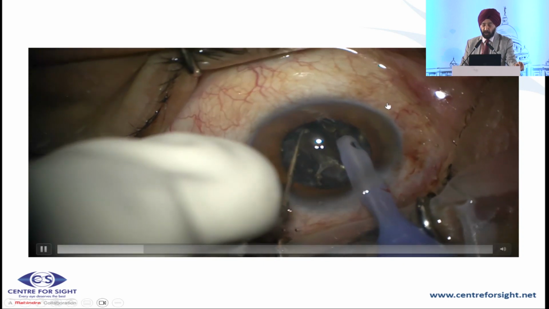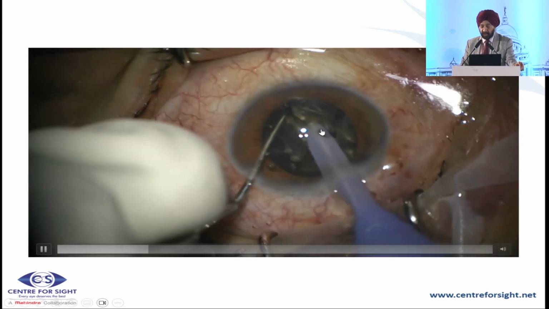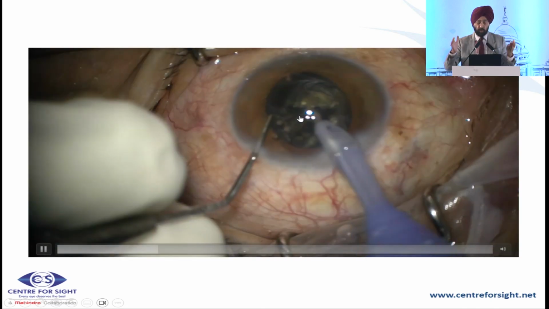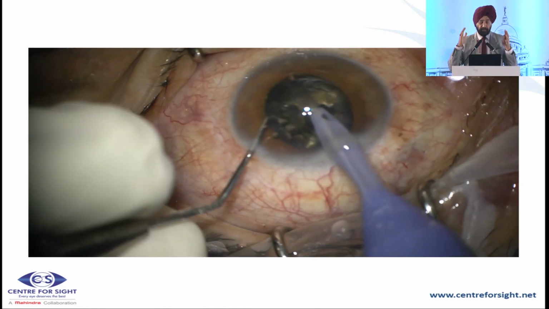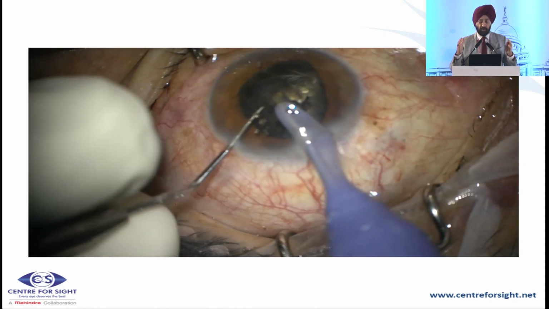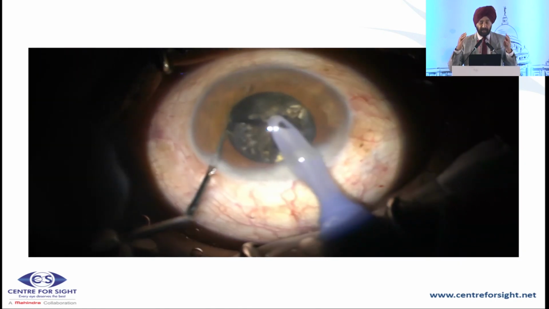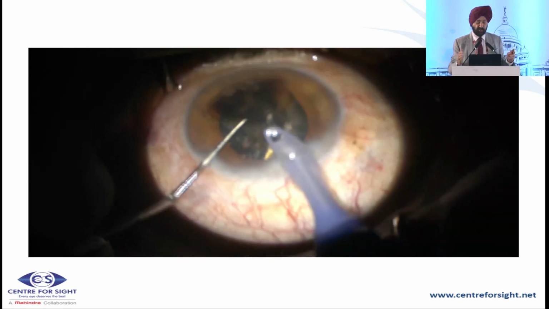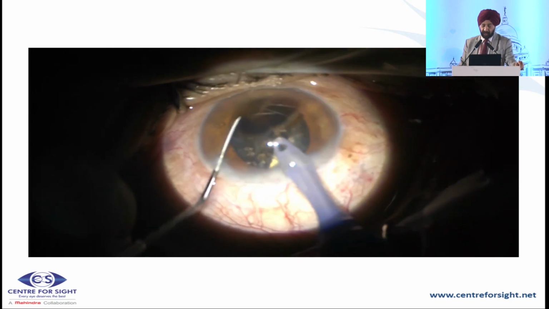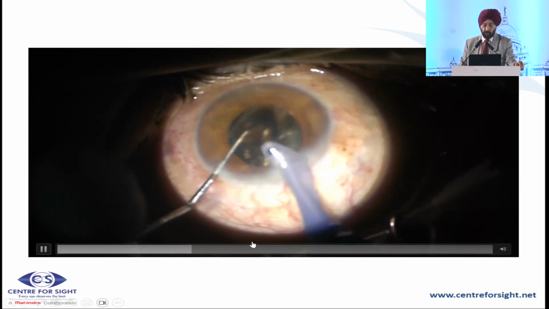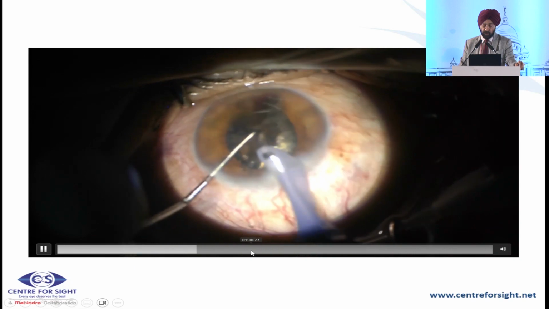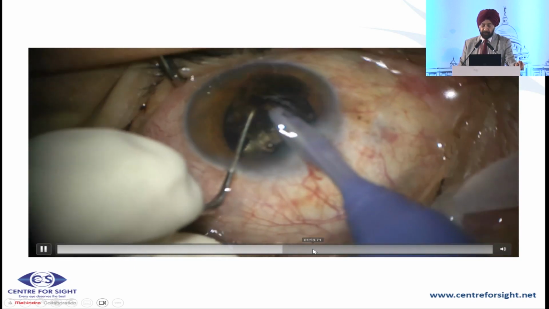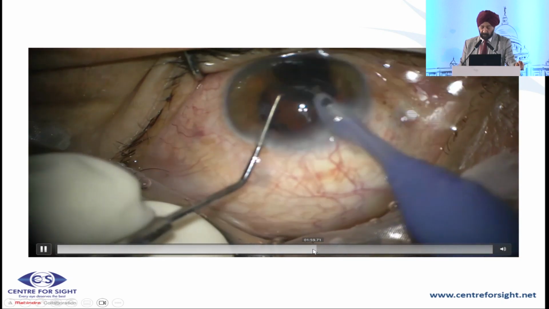And again, what I am trying to show is this disenclavation at the center. What is important is a rock solid hold. The tip of the phaco has to be less beveled. That means that you can do a 0-degree tip or a 15-degree tip. That's what I use. Look at how black the cataract is, and because of the use of femto, we have been able to reduce the phaco energy. But the important thing here that I wanted to tell was that you have to break the backbone of the